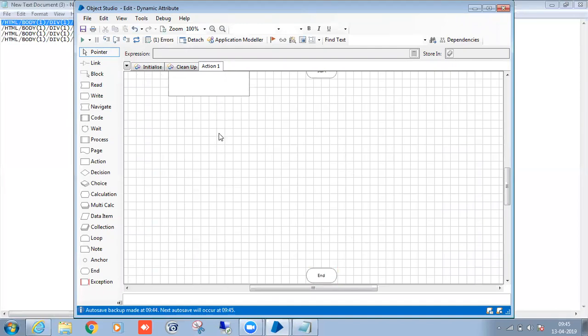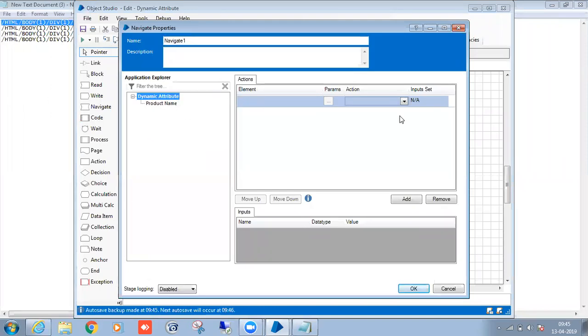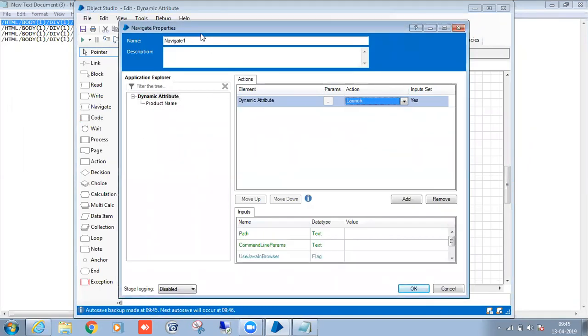So first action, we have to launch the application. We can't launch the application directly. So in real time, what will we do? First we will check whether the application is connected or not. If it is connected, then there is no need to do anything. If not connected, we will try to attach the application. If both fail, then only we will launch the application, right? So that is how we have to do it. So now I will take it directly. After it is working fine, then I will implement the real-time logic. Launch.